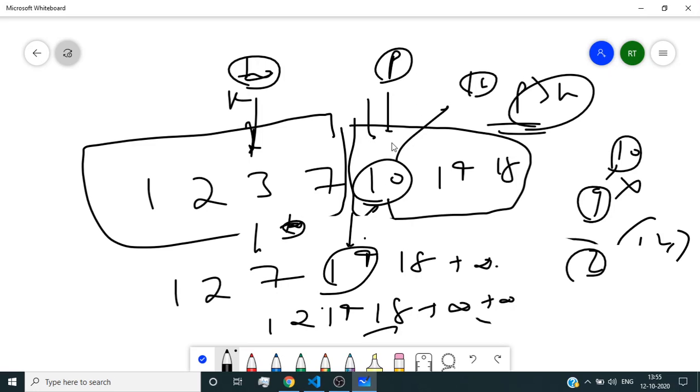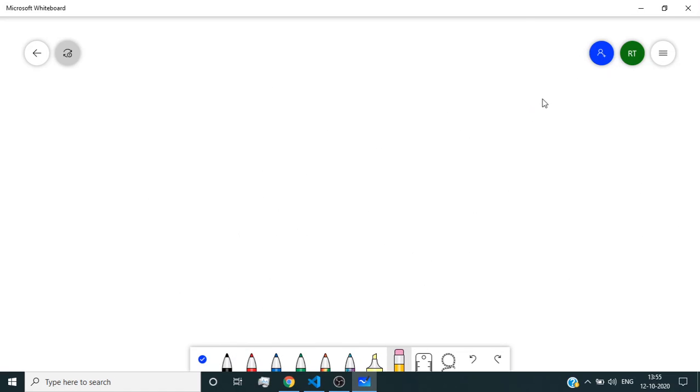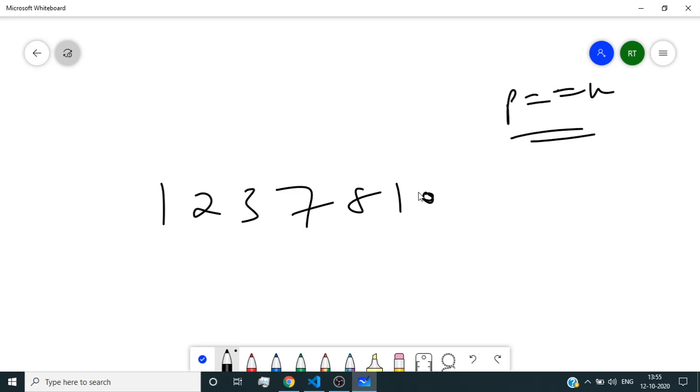This time we just had to iterate on the right side of our p, and whenever we get an element which is either equal to or greater than that of the desired x, we would stop, and the difference in the coordinate would be our answer. Okay, so we have discussed two cases in which p is less than k and p is greater than k. Now in p is equal to k, our answer would not be equal to -1 in any circumstances.